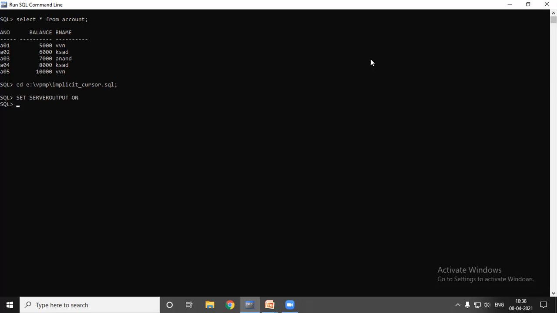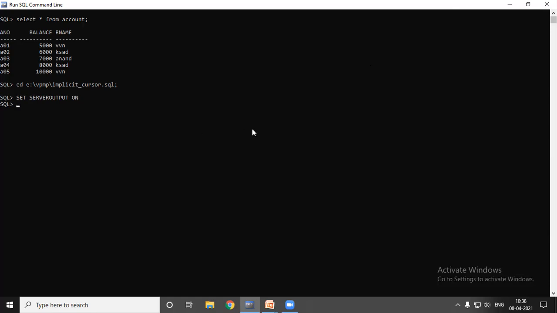So all the output services are on. If you are not using the server output on statement, then you will miss the output message on the screen.